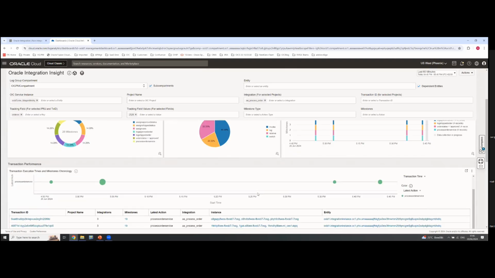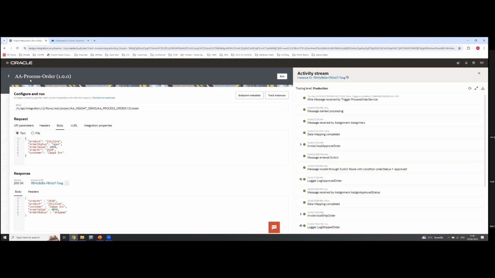Now, what you also see down here is this particular transaction ID. This is something going a bit down into the depths, but there's an OPC request ID that is generated by the top level integration. So in this case, when this guy starts running, he gets an OPC request ID assigned. If this guy invokes another integration such as ship order or approve order, that OPC request ID is passed on